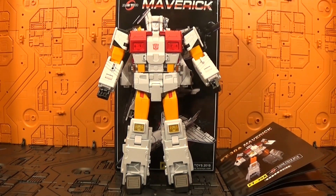I'm your host Diecast, and today we have Fans Toys Maverick, which is their take on Silverbolt. It's FT30A, I believe. And this guy just came in yesterday from the